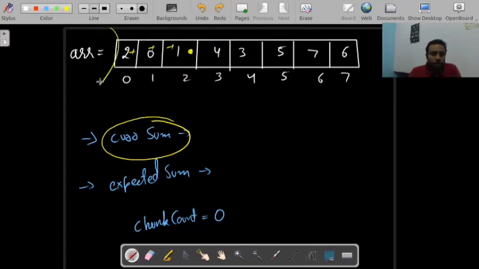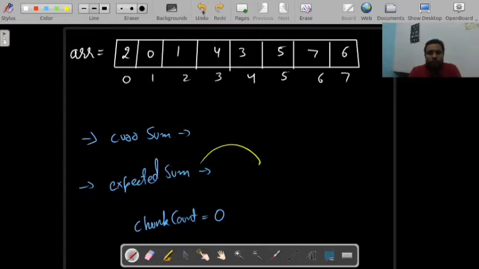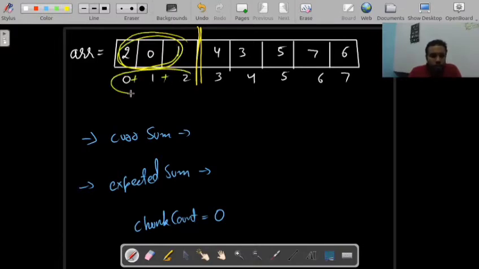Since we are at the start of the array, there is no previous chunk here. And expected sum is the required sum, whatever we are expecting at a point. If I am making a chunk here, then I am expecting that the sum of all these numbers must be equal to the sum of these indexes, 0 plus 1 plus 2.